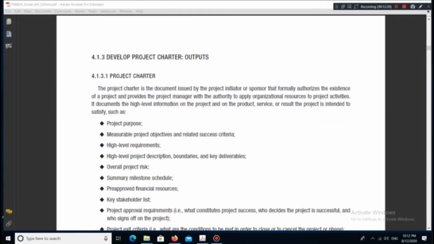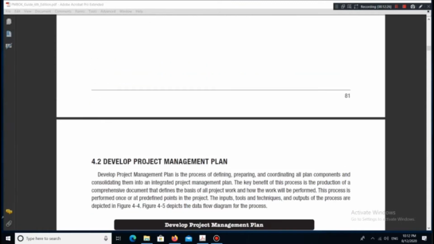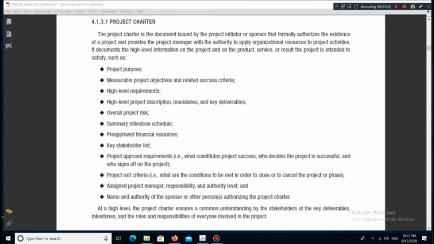4.1.3 Develop project charter, outputs. 4.1.3.1 Project charter. The project charter is the document issued by the project initiator or sponsor that formally authorizes the existence of a project and provides the project manager with the authority to apply organizational resources to project activities. It documents the high-level information on the project and on the product, service, or result the project is intended to satisfy, such as project purpose, measurable project objectives and related success criteria, high-level requirements, high-level project